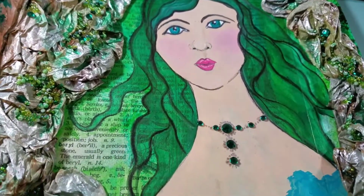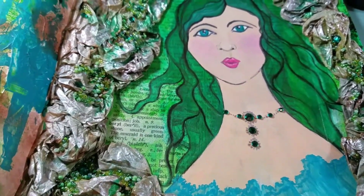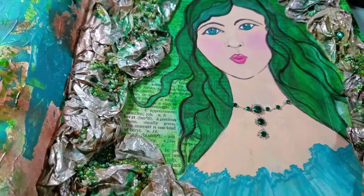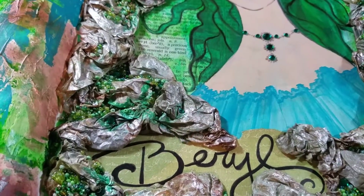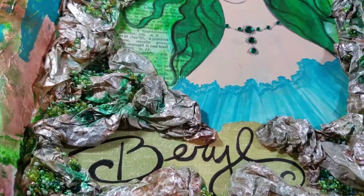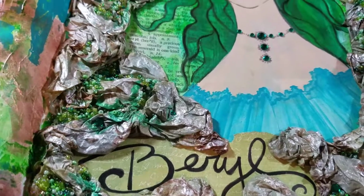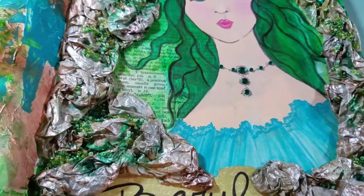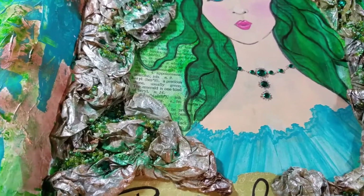And I also made a necklace for her. And she's done with acrylic paints and then some Lumiere paint and Bombay inks. So I've used a whole combination of different mediums to create her. And then the beads are part of the clusters all around. And once I was done with all of that, I added some of the pearl paint by Martha Stewart and